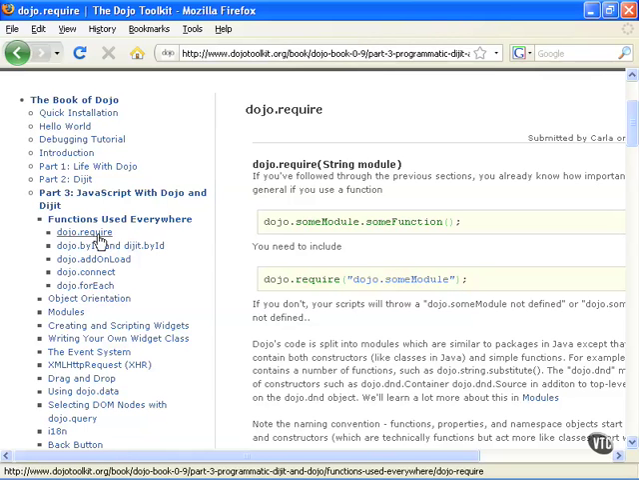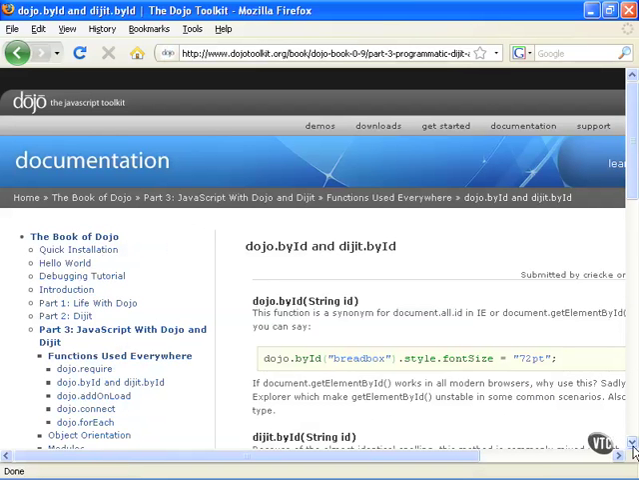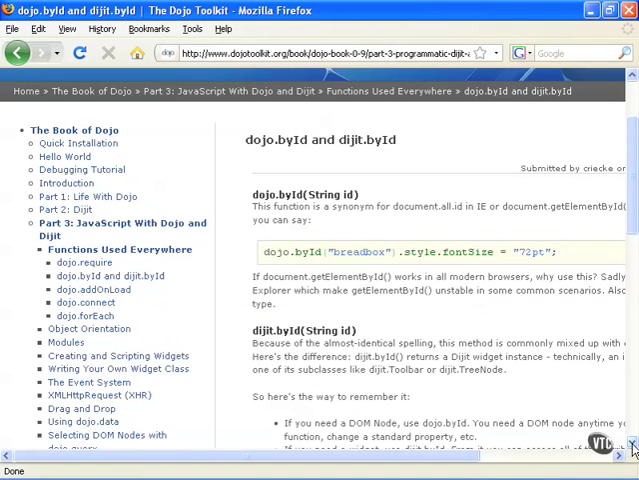Now over to the left hand side, I see it's got the byId and dijit.byId, so I'll go ahead and click on that. And this is how we can make selections. We can do dojo.byId and then tell it what the element ID is that we're looking for, and it's going to return that for us. So then we can manipulate it. It's a lot like the